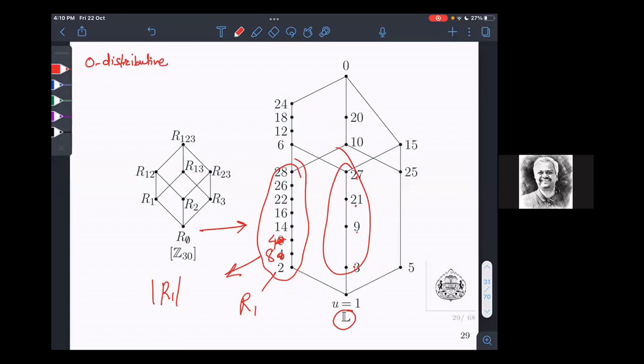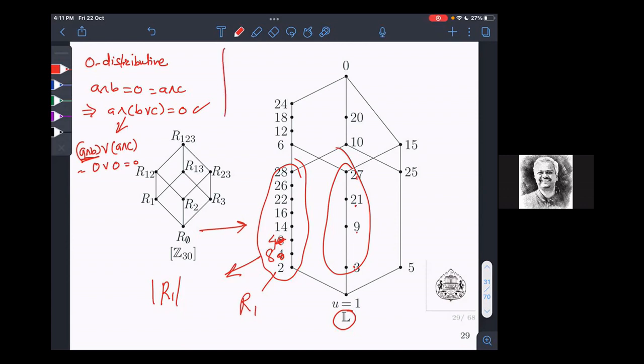Maybe this is known to those who are working in lattice theory, but those who are not might find it a sort of distributivity which is true for 0. Usually, if distributivity is there, then this will be A meet B join A meet C. If distributivity is there, and since A meet B is 0, this is 0, so 0 join 0 is 0. So this is sort of distributivity playing with 0. So there is a concept of zero distributive lattice, and dual of it is one distributive.